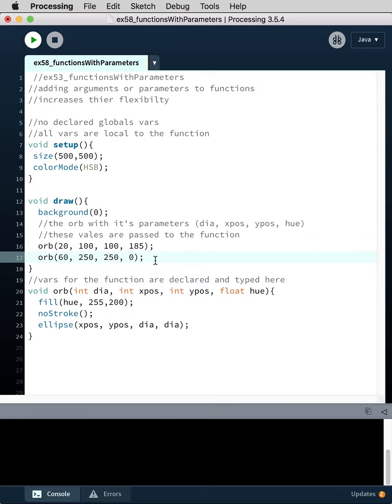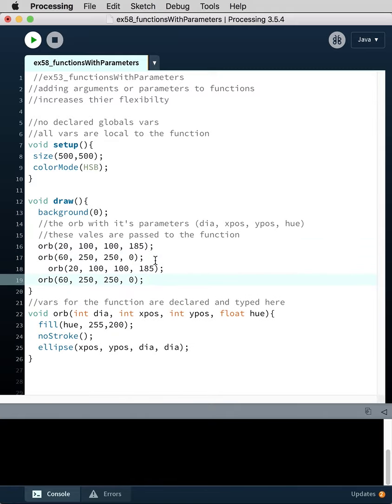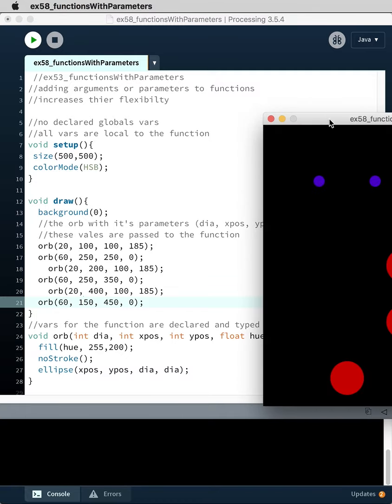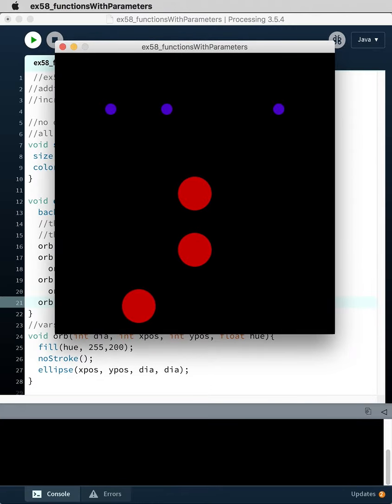We'll just copy and paste this, and we'll change the values: 200, 350, 400, 450, 150. So we very quickly created 4 new instances of the ellipse, and so now we've got them in 6 different positions,